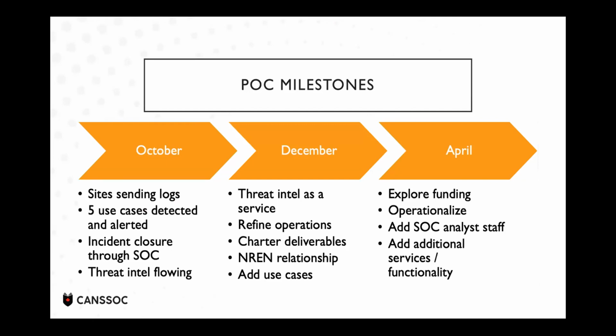We're going to talk to you before this because we want to take you along in the journey. But what we're looking at doing is having all 6 of the sites sending logs in a way that we can have some amount of dependability on. To simplify this, we picked 5 use cases. Actually, we're still picking the 5 use cases, but we're working through what are the things that we actually want to show that we can alert on, that we can detect, that we can get the logs for, because it's easy to say collect the logs and start looking at things, but we know that different institutions have access to different logs.